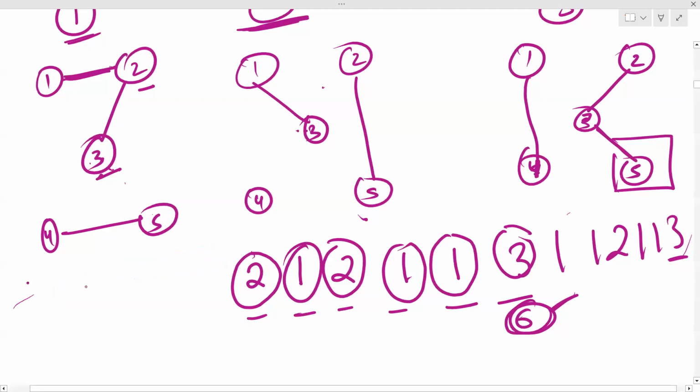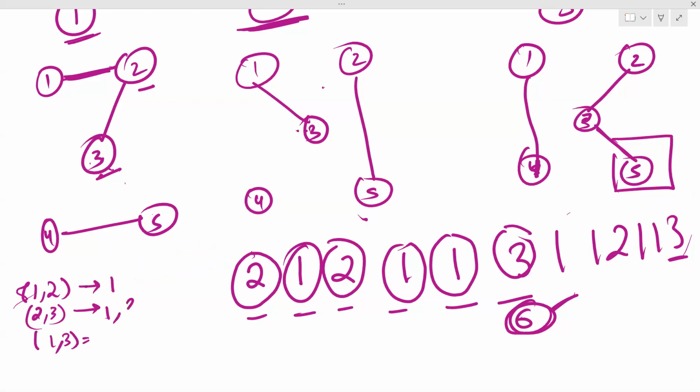There's an edge between 1 and 2, and it is at time instance 1. Between 2 and 3, it is at 1, and at this third timestamp also, right? And between 1 and 3, it is at timestamp 2. Between 4 and 3, it is at 1. Between 3 and 5, it is at